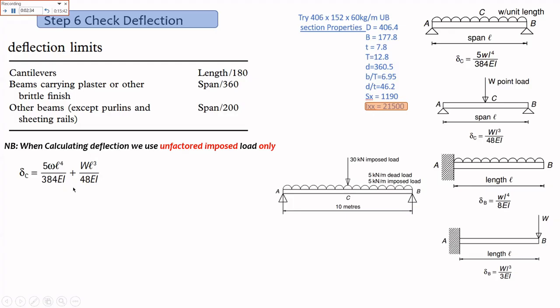When you are calculating deflection, we calculate it in millimeters. So to make it easier, the first 5 is from the formula. The next 5 is the imposed load here, 5 kilonewton per meter. So we have converted 5 kilonewton